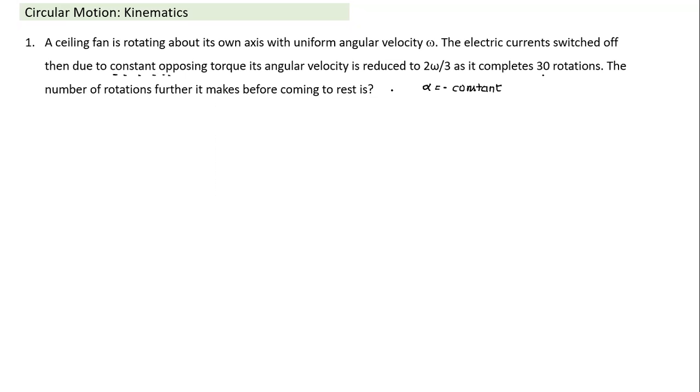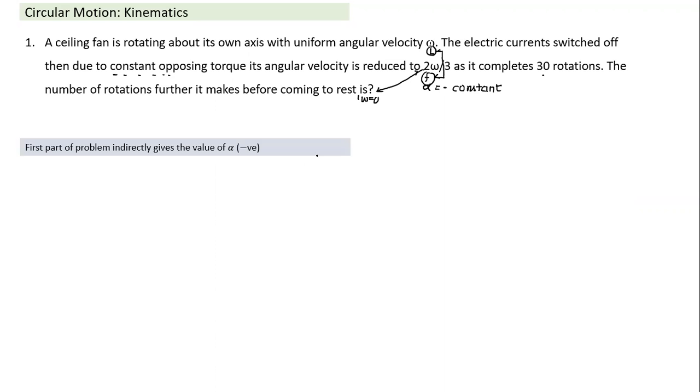So there are 2 parts here. The first part is, I can choose this as the initial state and this as the final state. And the second part is, finally it comes to rest, meaning omega has become 0. So for the next part, I can apply the equation between these 2 states. So I need to apply the appropriate equation twice, and that's all, the question is solved. So it's a fairly simple one.